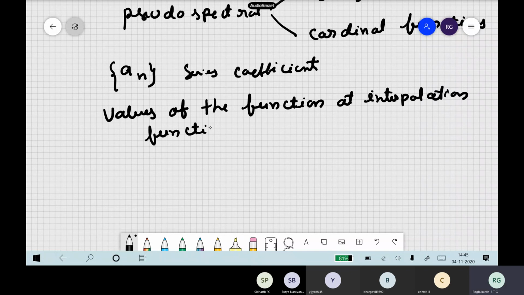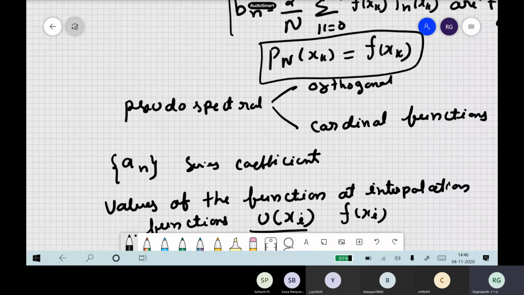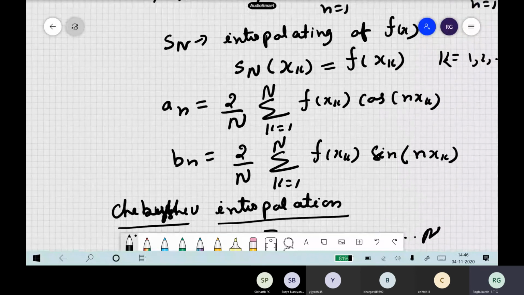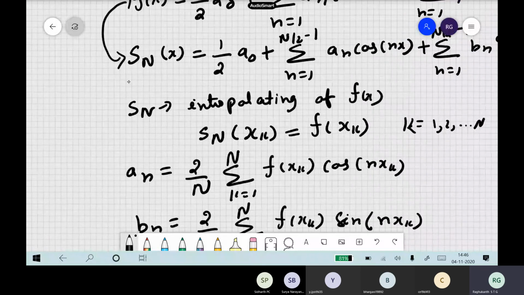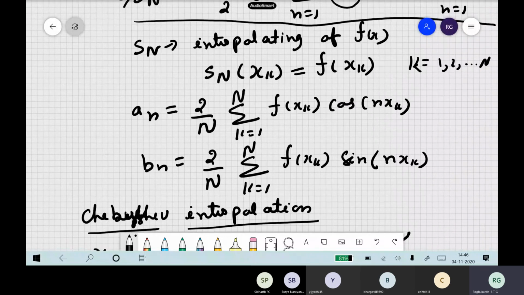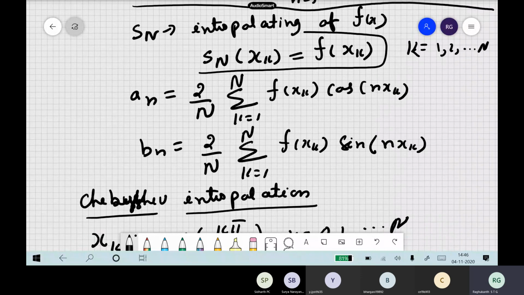You followed, right? So that is u of xi. So this itself you treat as unknowns anyway. Both of them are linked, r f of xi. You followed. So now here you can see what we are doing. For example, in the Fourier series, you are representing the function in terms of a Fourier series expansion. Then you are solving for an and bn such that these two will be same. We are trying to get the solution.